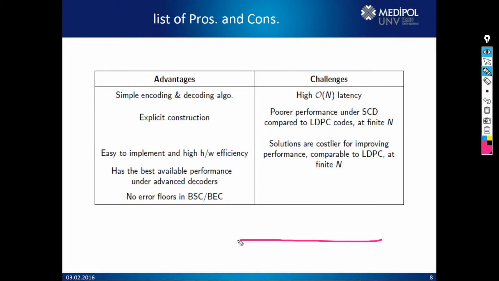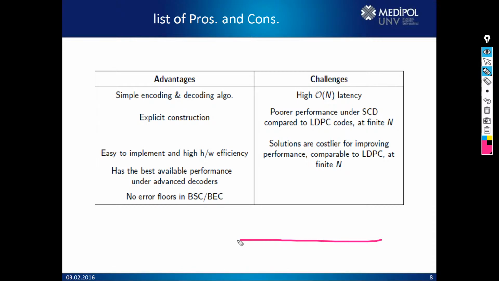But unfortunately, when you have an error floor problem, you increase the signal to noise ratio, but you are never going to decrease the bit error rate below a certain value. It saturates here. You remain here. The reason for that is the type of encoding sometimes causes interference between the bits. And due to this, no matter what you improve, no matter how much you increase the signal to noise ratio, you get the